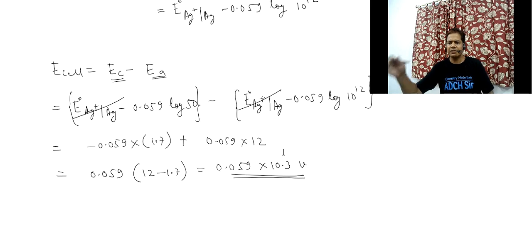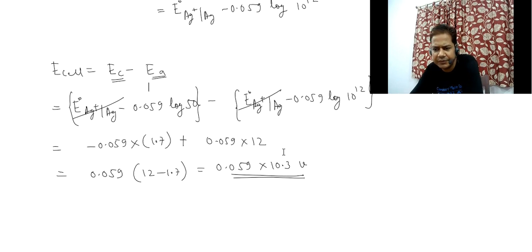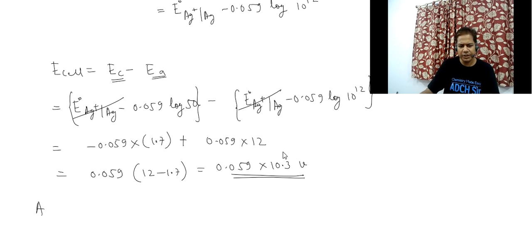Now let me solve this by an alternate method, which will be a slightly shorter method and relatively simpler. The calculations will seem easier, but it's effectively the same thing. We are representing the cell in a different manner, so it will make the question appear very simple. The alternate method.